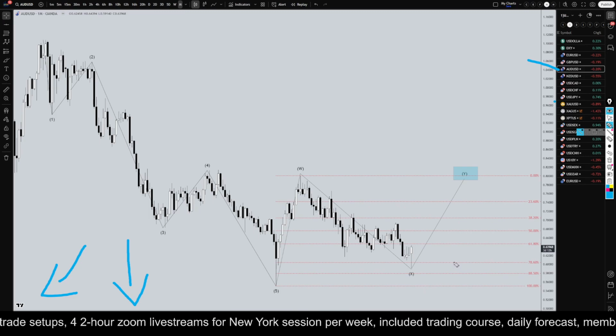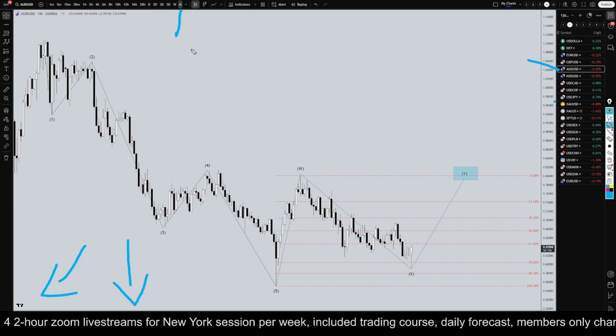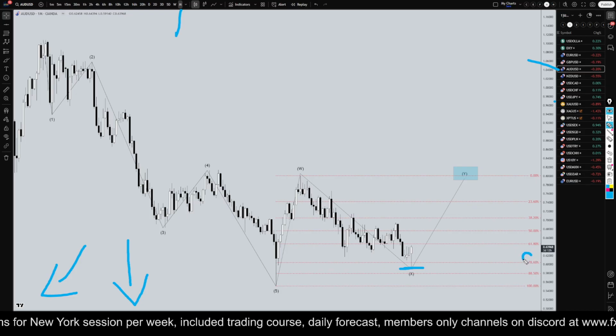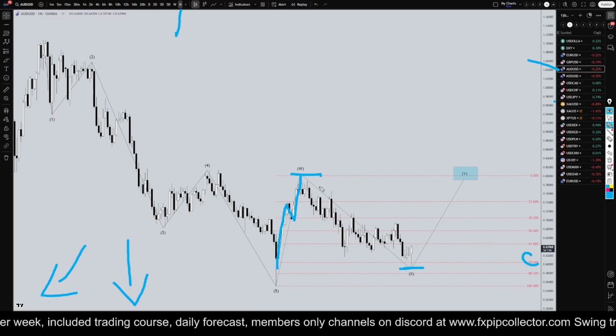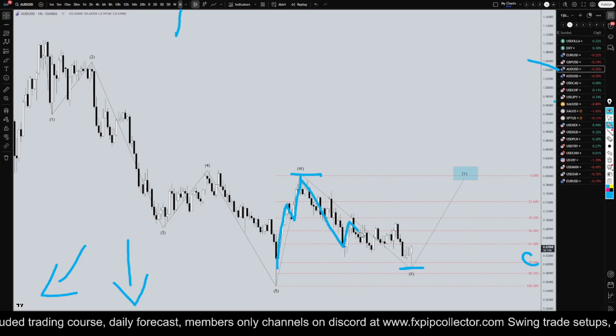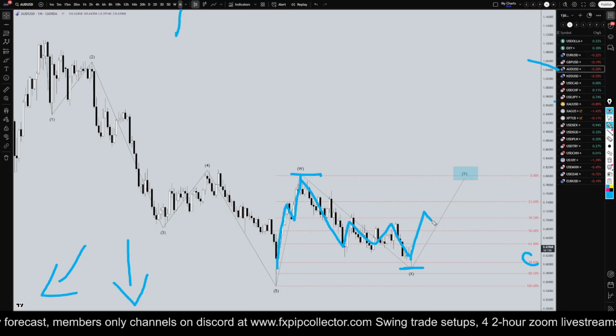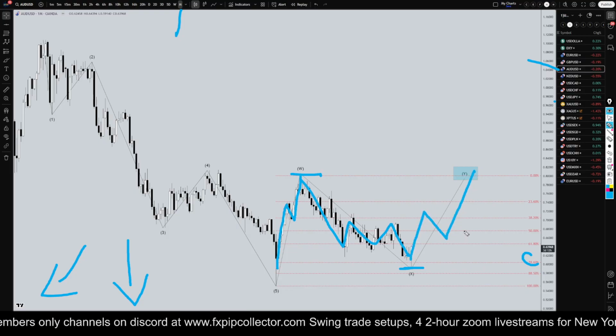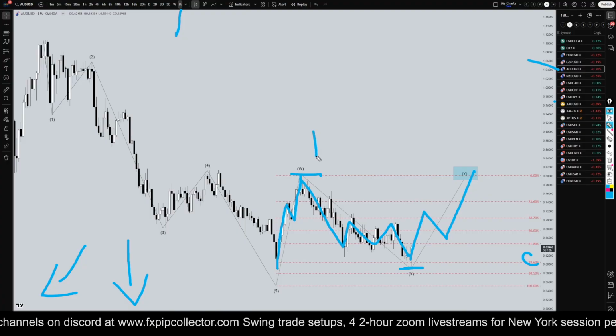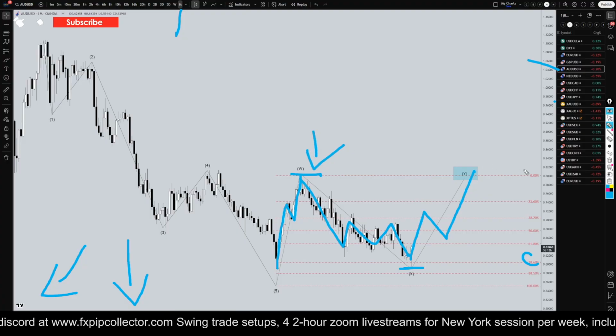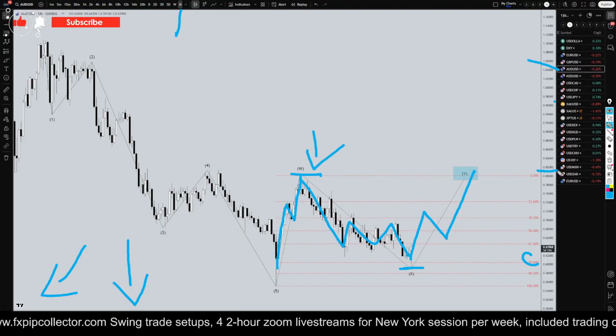So I think the Aussie dollar on the monthly time frame has found the bottom. I think this right here is the bottom at the 78%. I think that this first wave up right here is three waves of W. I think this move down is one, two, three waves of X. And I think we are now going to make one, two, three waves up for wave Y, which I think this wave Y will take out the high of wave W, probably putting us at least up to the 0.82